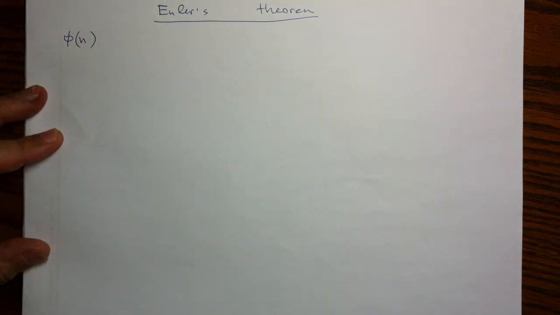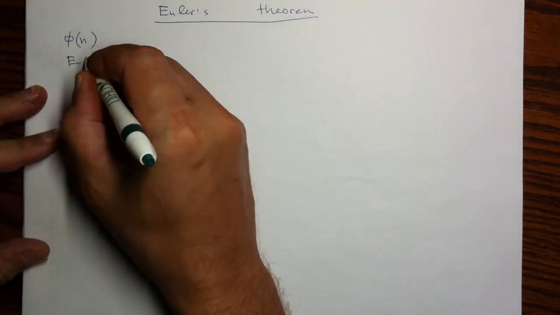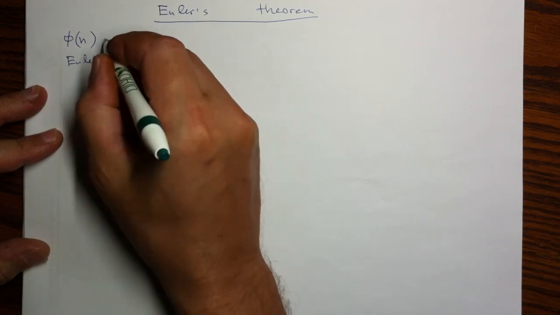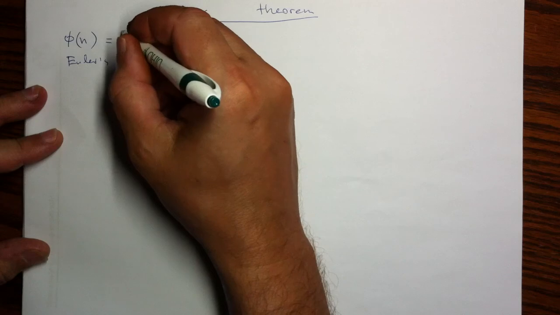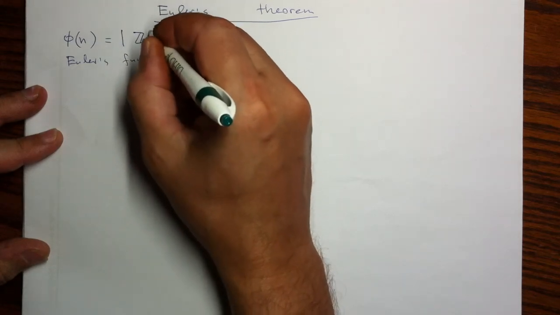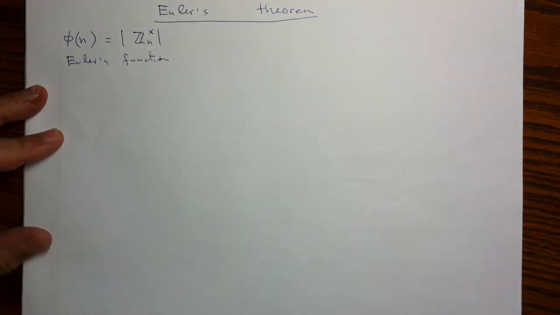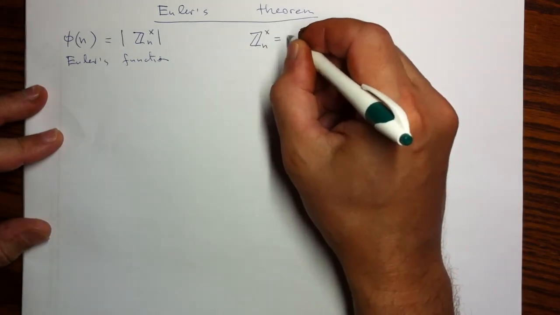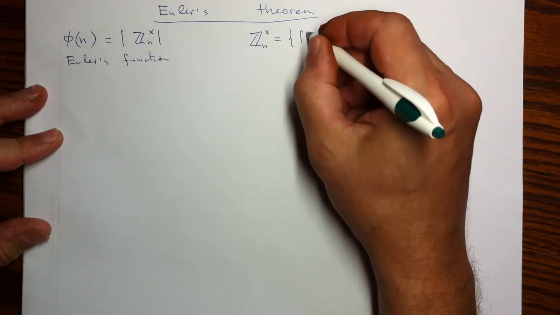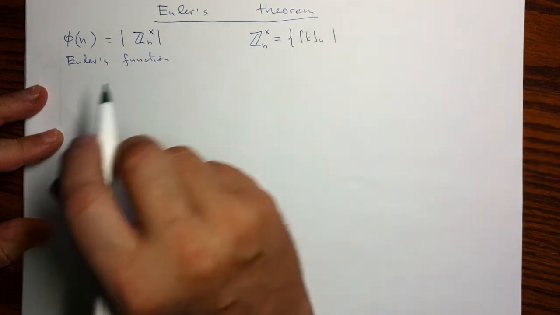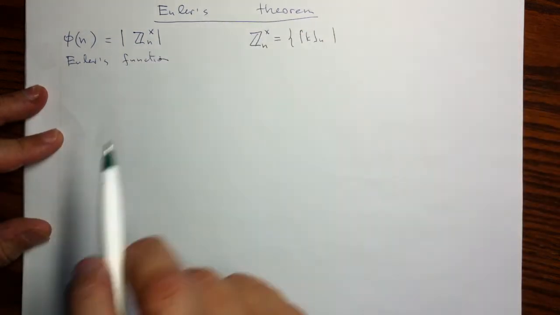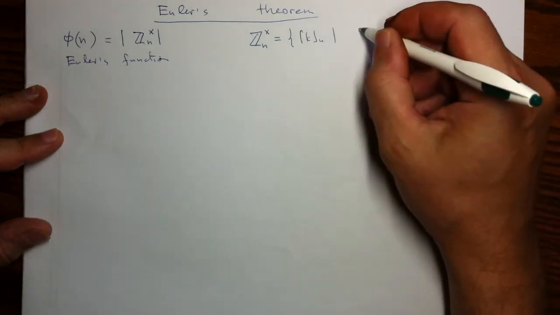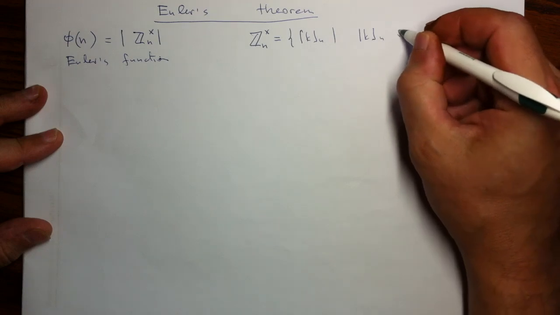So Euler's function on n counts how many invertible integers mod n there are. And invertible integers mod n, with multiplication of course, are classes of those integers. Well, if I want to count, I want to have them finite, and then I have to look at their congruence classes. So those invertible,